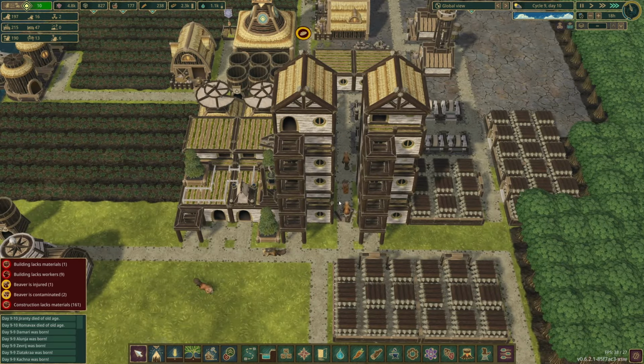The only hit is to my agriculture, as you can see. We need to fix this. This is not good. I just now noticed that for the herbalist, I need a paper. I never noticed that before, so nope, I can't make an antidote. But fortunately I don't have any contaminated beavers and I got rid of all of these buildings here in beta